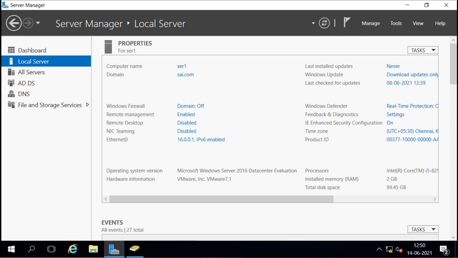We can do that. So we can make Windows 10 client machines members, or also other server operating systems, we can make those machines members of the domain. Those machines will be called member servers.